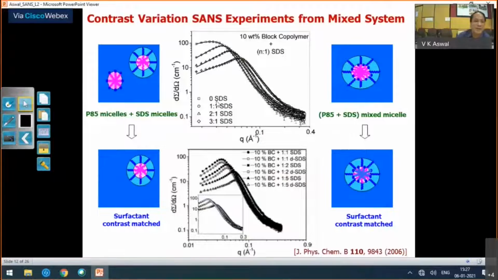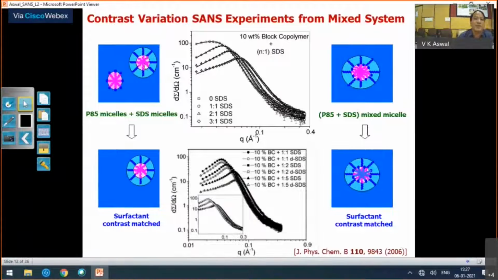So here is one simple example where I have two kinds of structures simultaneously dissolved in a solvent. One is this small structure, another is this structure. This is a surfactant micelle, and this is a glycopolymer micelle. Now the idea is to know how they form their structure. In individual solution, this will form this kind of structure, and this will form this kind of structure.